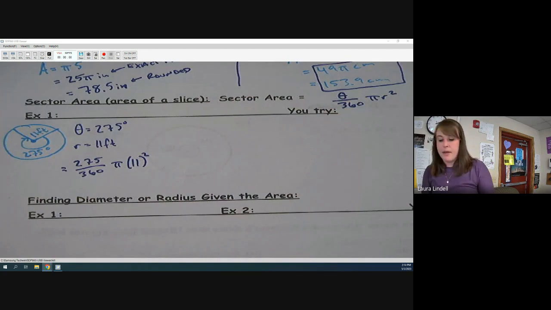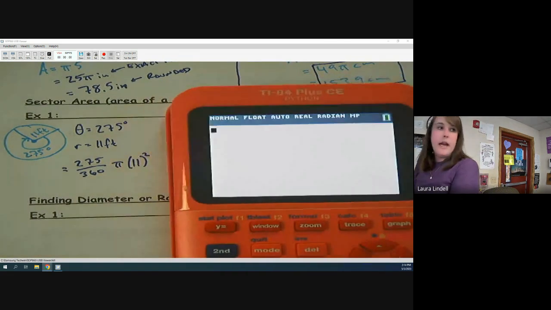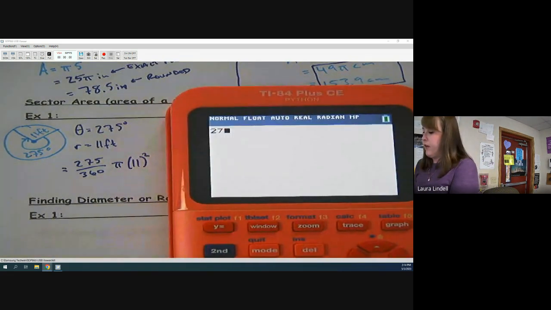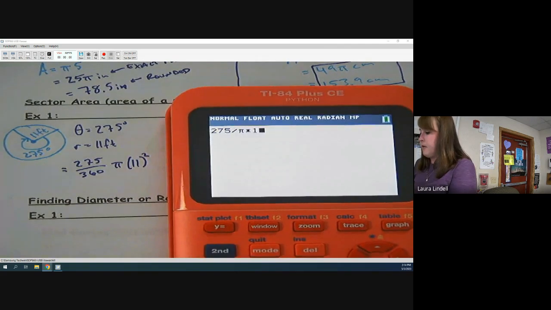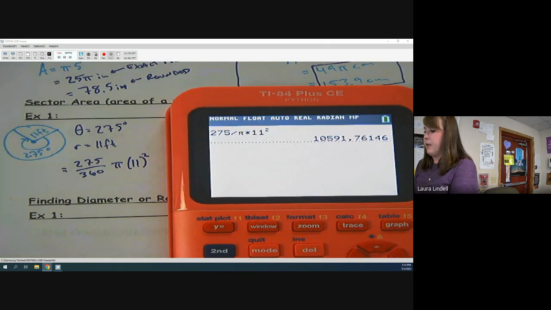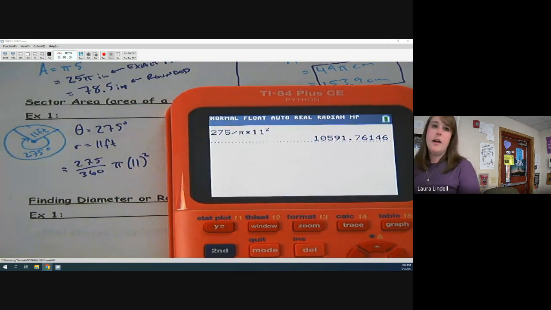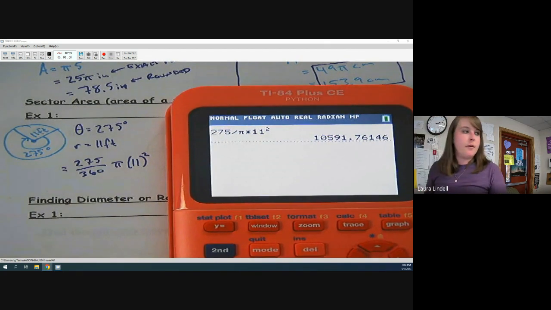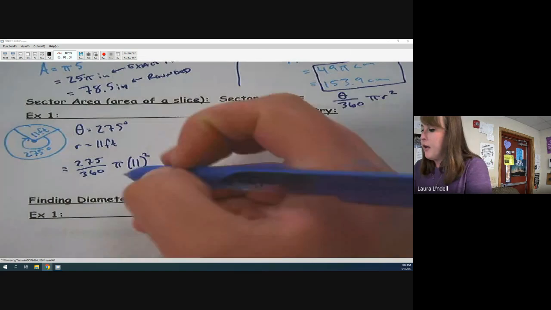All right, and we can type that all into the calculator just the way that it is. So I can type in 275 divided by pi times 11 squared, just like that. And it'll give me the whole thing. If you wanted to be careful, or you weren't sure on typing it into your calculator, you could square the 11 first and get